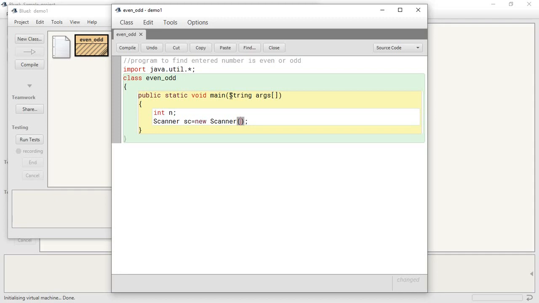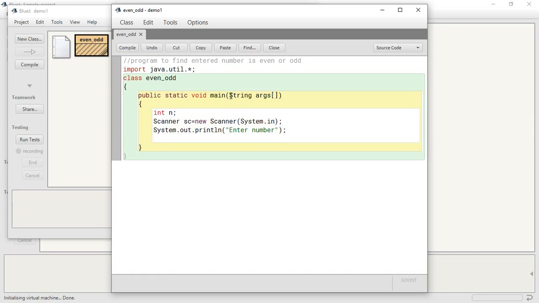We need to pass an argument to the constructor, System.in. Next, System.out.println, enter number.